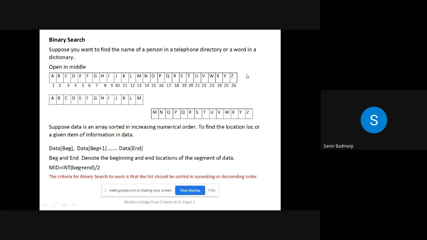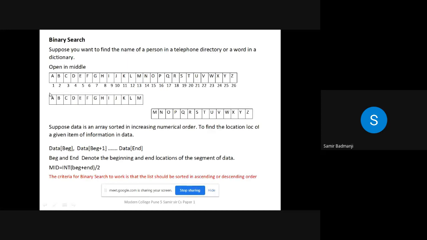By default you will not directly go to that page. Basically, you divide the dictionary in half midway, and then you check whether it is on the left side or on the right side, and then you again divide it into two, and so on, till you reach that particular page.